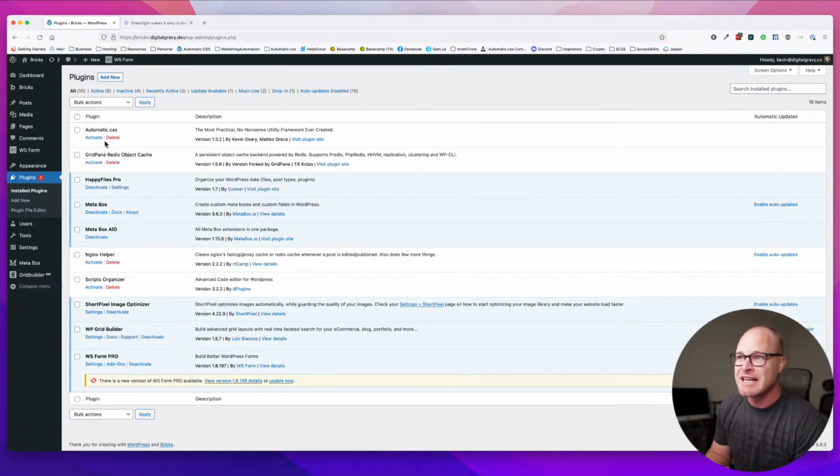So this is a very important step in that. And then I'll be developing probably a mini site with Bricks just so I can get a handle on all of the ins and outs. Then I'll start development on Automatic CSS compatibility for Bricks, and I'll also probably start doing Bricks tutorials as well,